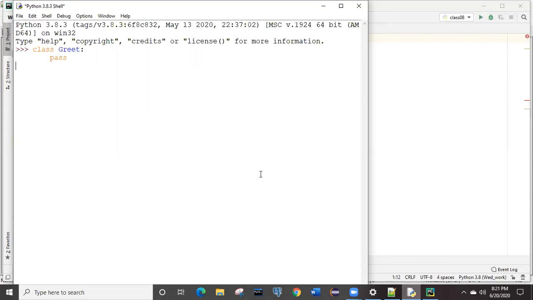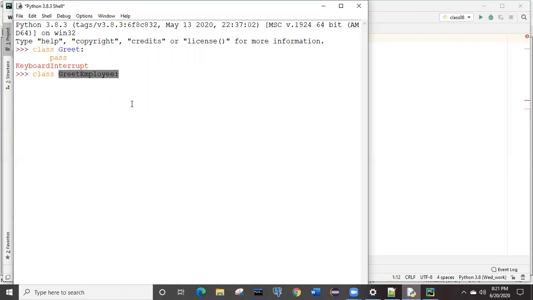But at the same time, if we want to give the name of this class in camel case, which has multiple words inside it, then how are we going to do it? So class, then Greet. Suppose it is for the employee. This class will be specifically defined for the greeting of the employee, right? So this may be one example of how we are going to use the naming convention of the class.